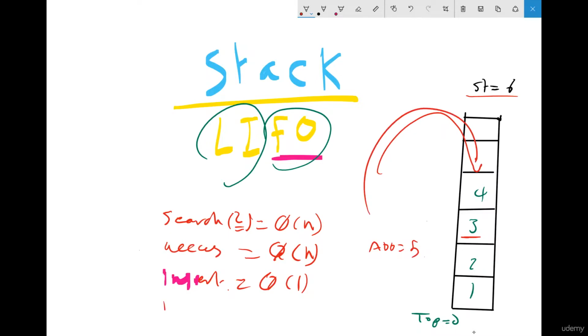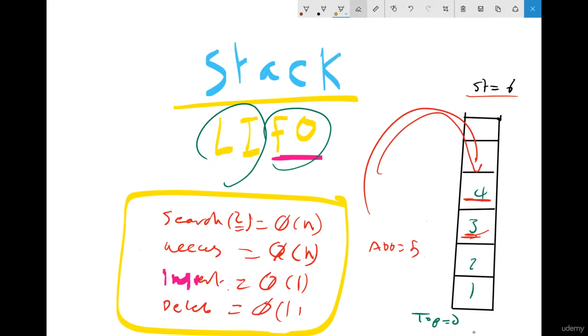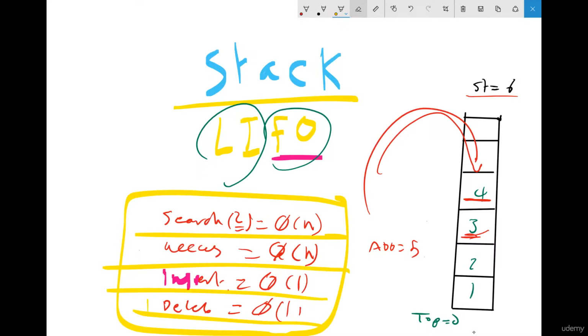So it takes O of 1. Delete is the same thing. When you delete, you can delete only the last element. So when you delete this one, then this one, it takes O of 1. So yes, this is the big O notation for a stack. See search, see access, see insert, see delete, see how the stack is working. So now next, when you see